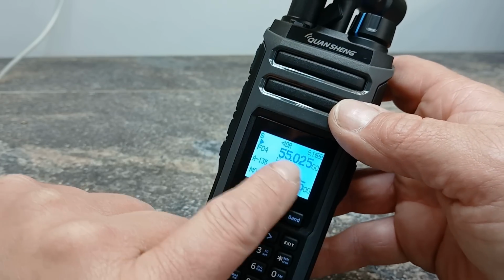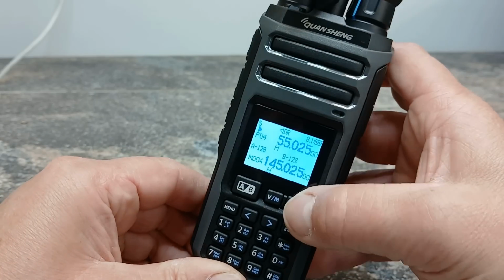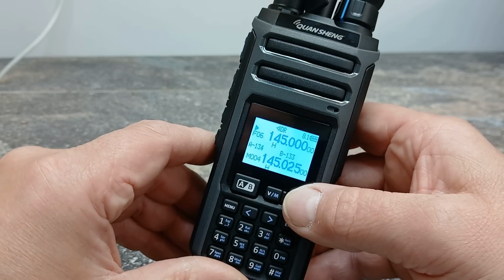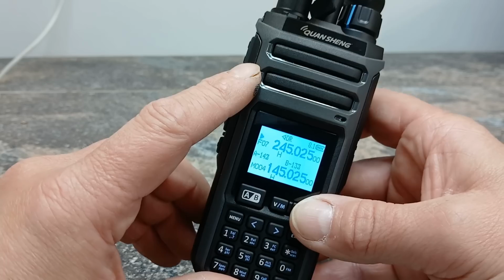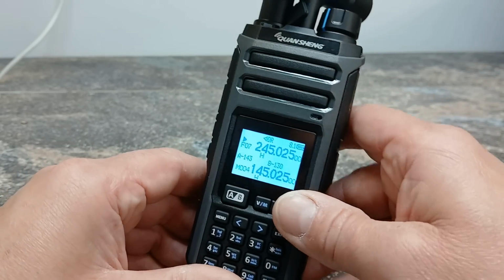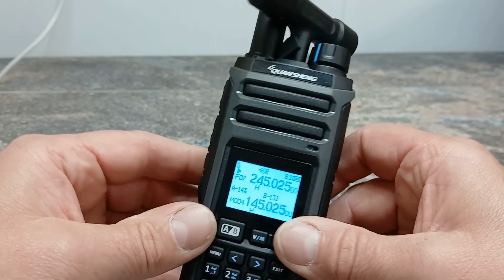55 megahertz, that's not too far from the 6 meter band, which it claims it will work on. Again, we'll try that out. Air band, and 2 meters, and obviously it goes through. I don't know if this does 1.25 meters either, so I'm not sure whether it transmits on 220. It doesn't seem to advertise it as doing that, and we don't have that here in the